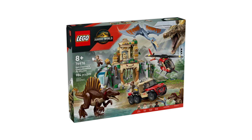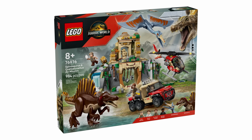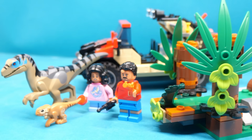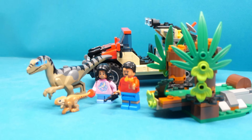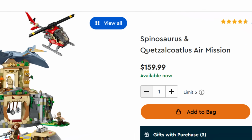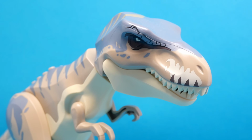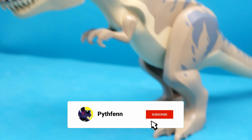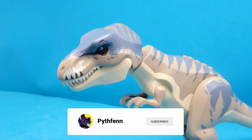And the 4th spot goes to the second biggest set on the list, 76976 Spinosaurus and Quetzalcoatlus Air Mission. Now, I've had a bit of a strained relationship with the Jurassic World 2025 sets. The prices are just utterly insane, there's no denying that and no defending them. I've also been very vocal about the fact that the quality in some areas of the theme has had a noticeable downgrade, but once we get past those issues, I think there is some good stuff to be found in here,